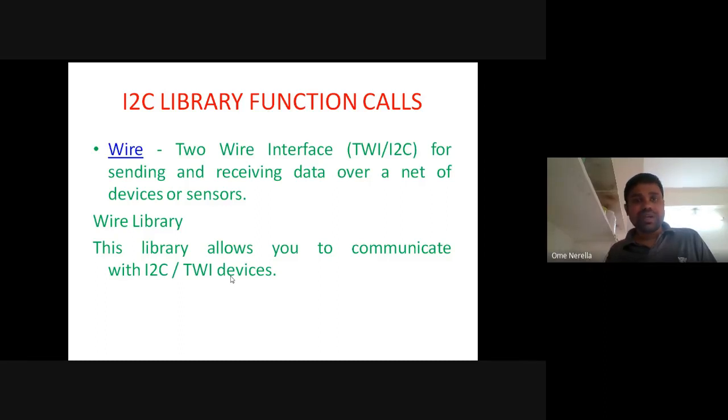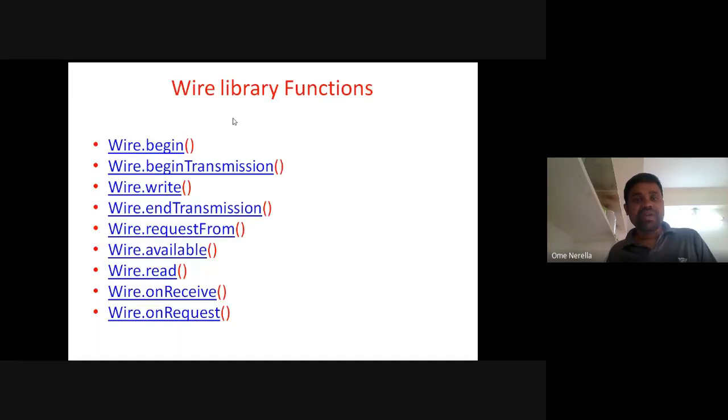Okay. The Wire library function calls are Wire.begin. In LCD also there is lcd.begin, Serial.begin, like that. Here Wire.begin is used to initialize the Wire library. Next, Wire.beginTransmission: in the name itself it says begin means start.